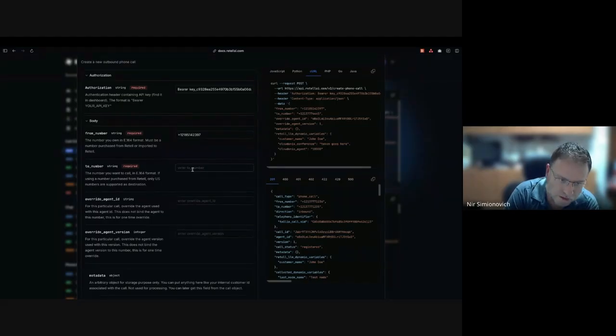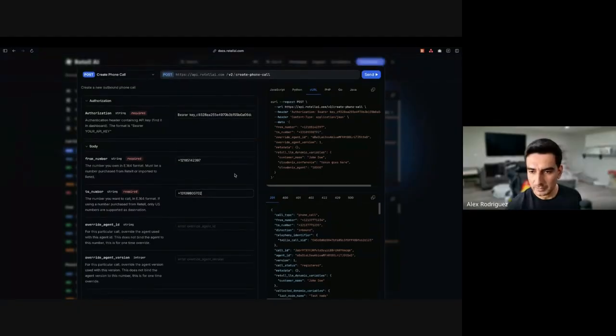In the to number, you can use the original caller ID that came in, plus one, from the previous session. Okay, so something like this.